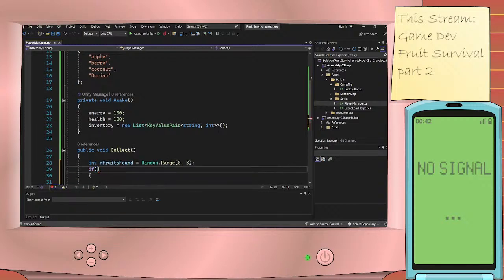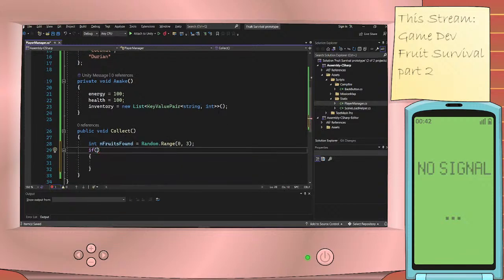And here I check if the key already exists. So I go inventory.Keys.Contains, that's right. Does it contain